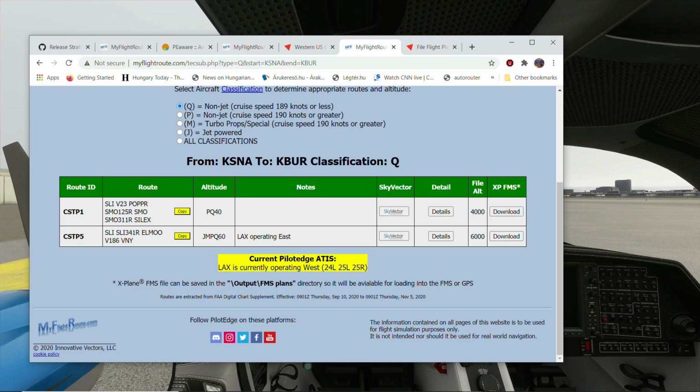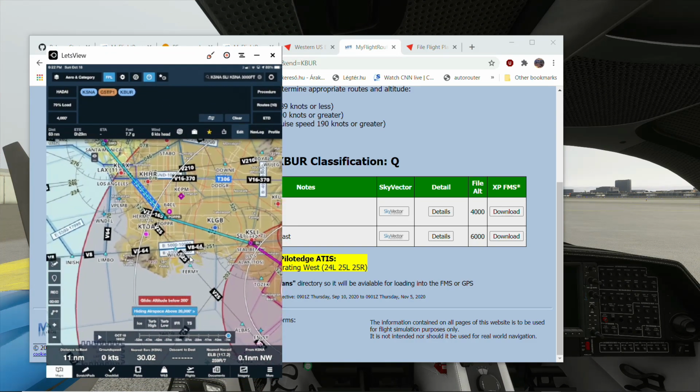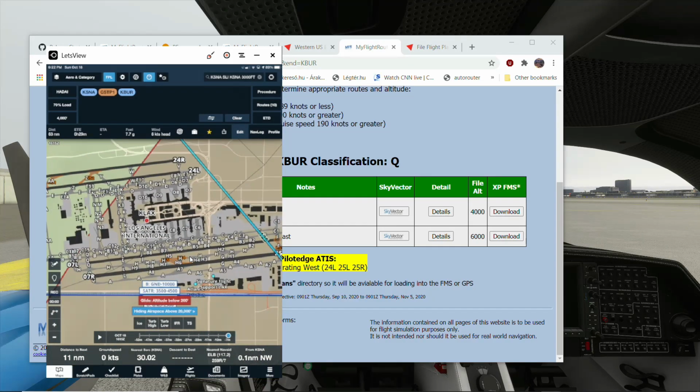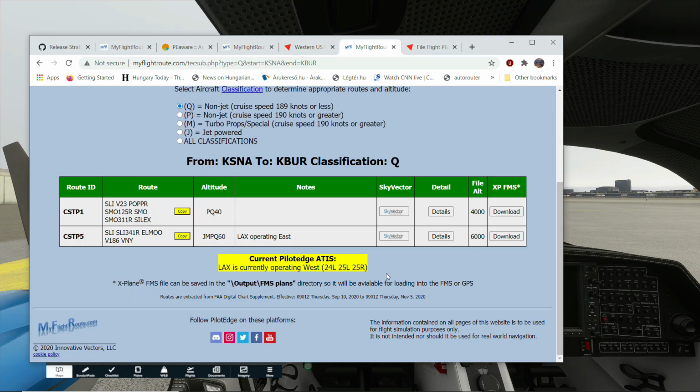So this obviously is dependent on the traffic in a major Class Bravo airport in the middle between you at John Wayne and Burbank, and based on the flow of traffic, the granted route between these two airports would be different. If we were to open, for example, ForeFlight, and we check quickly LAX, there's a digital ATIS, and it says here that instrument departures runways 24 and 25. So you can see that the flow is westerly, so LAX is not operating east, so that means our TEC route is going to be